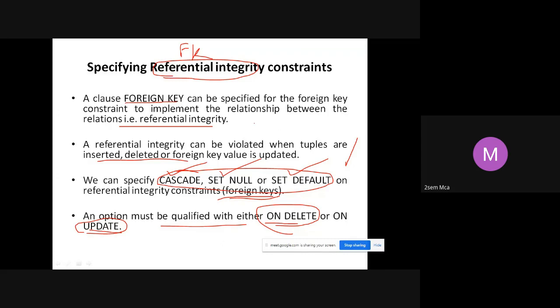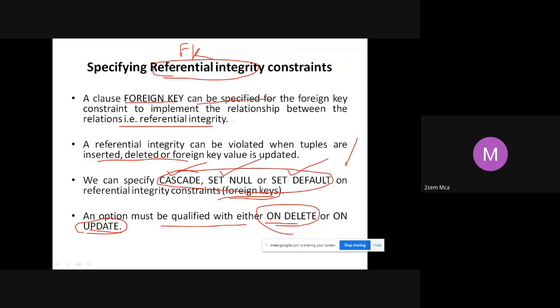So we know the concept of a foreign key, correct? A foreign key can be specified if you want to bring in some relationship between two tables. Now, if you try deleting a table which has a foreign key, you cannot delete it very easily because you have referenced it in many tables. A key or a record that is referred to as a foreign key in some other table, you cannot delete it.